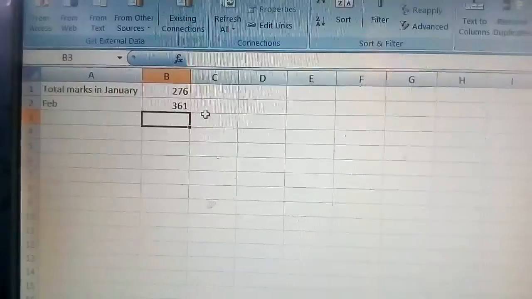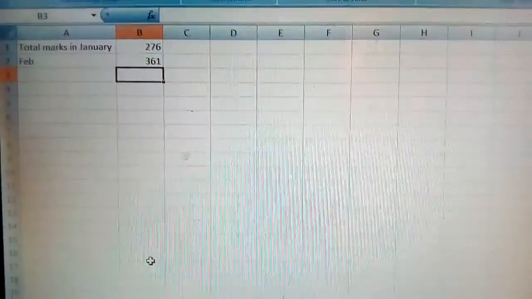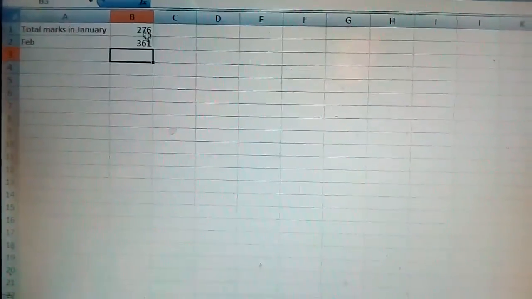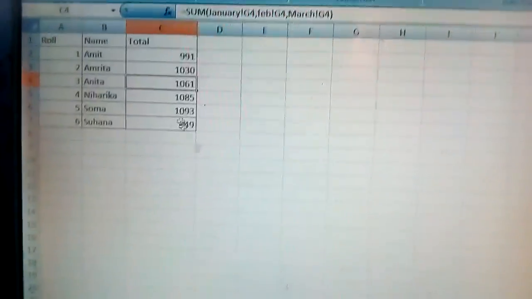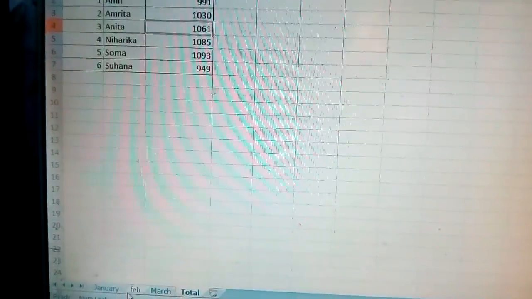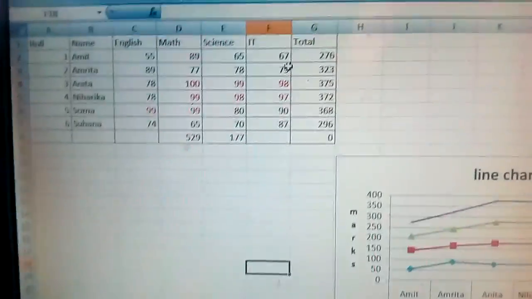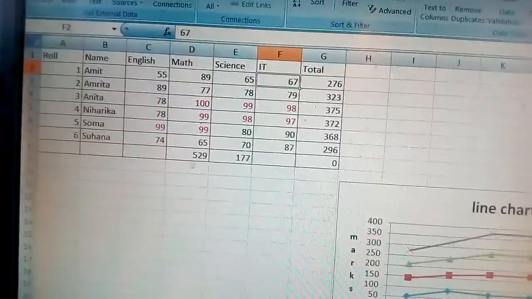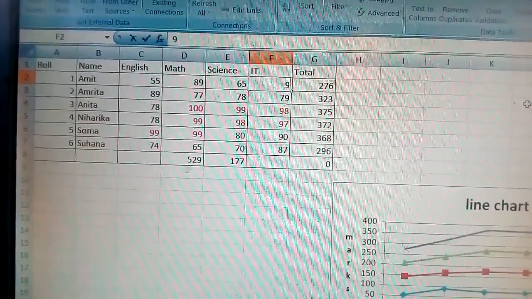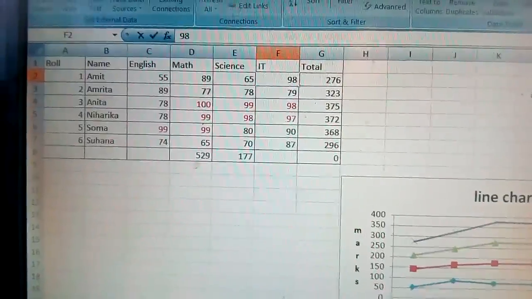Now if you update anything on that last workbook, like here this one is 276 and 361. Okay, now you come to the previous workbook, this one is class 10. So if you want to change over here for the month of January, suppose you have modified these IT marks, suppose this student has got 98, by mistake you have written 67.